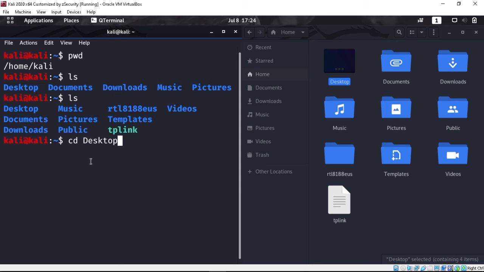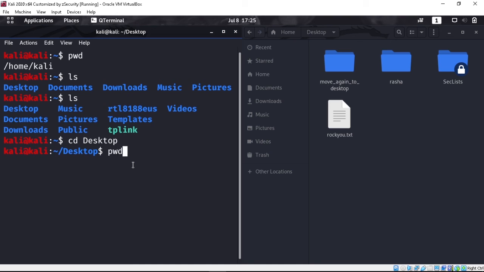Okay, so cd desktop. If I just hit enter, you can see this thing also changed. After home slash Kali, this sign, this asterisk sign, means that I am at some user's home directory, and after this it means that I am at slash home slash Kali slash desktop. So right now if I open it,